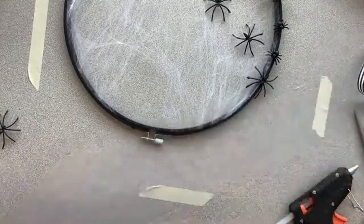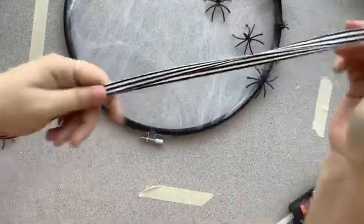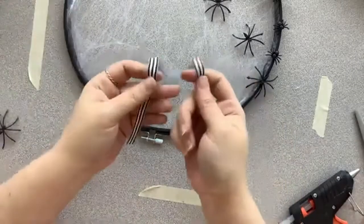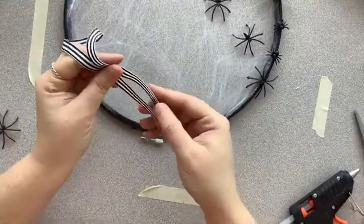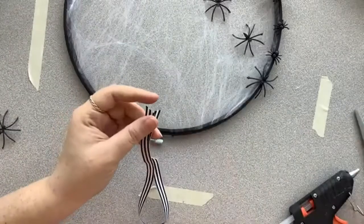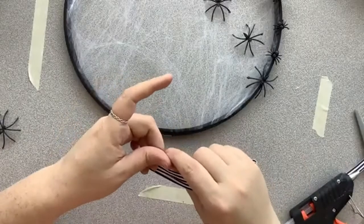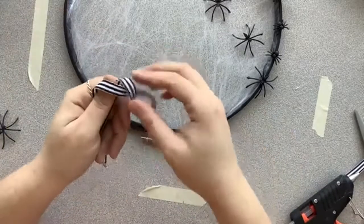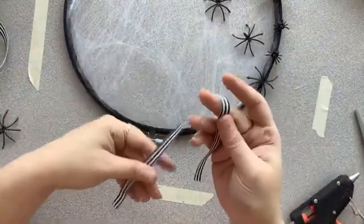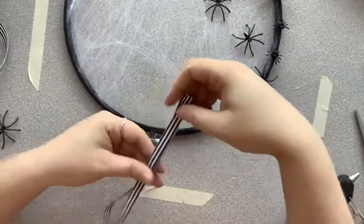We have 2 different lengths of ribbon here. Sorry, the longer one is gonna be your bow, and then the shorter one will be your loop. So I'm gonna loop this like this,